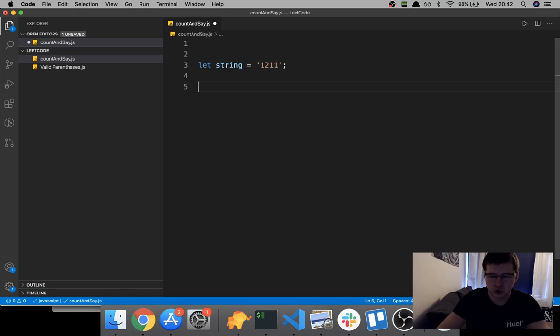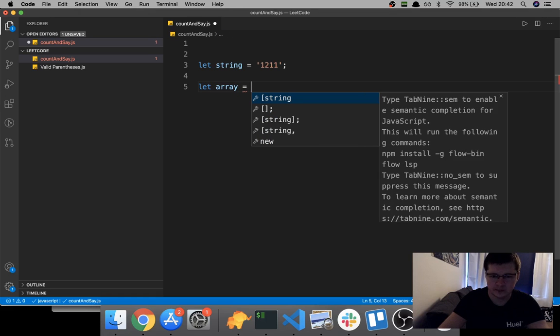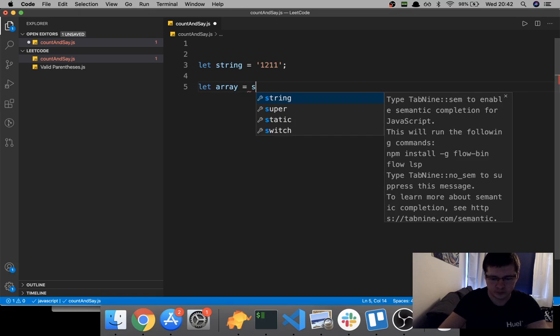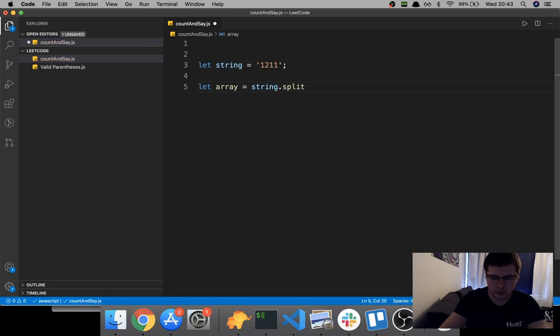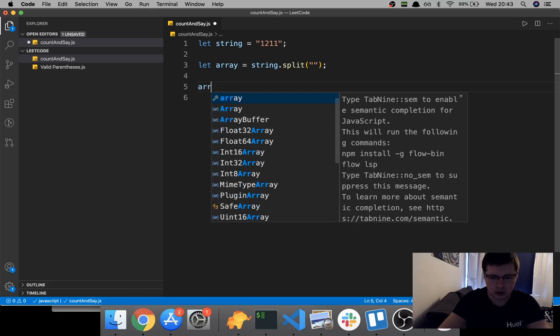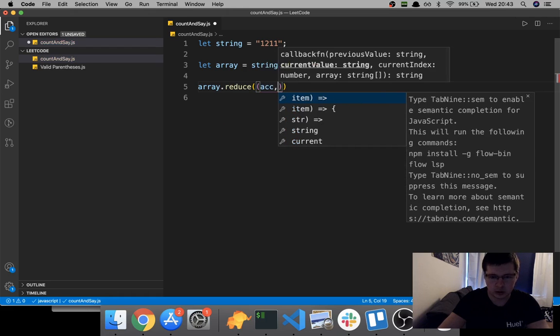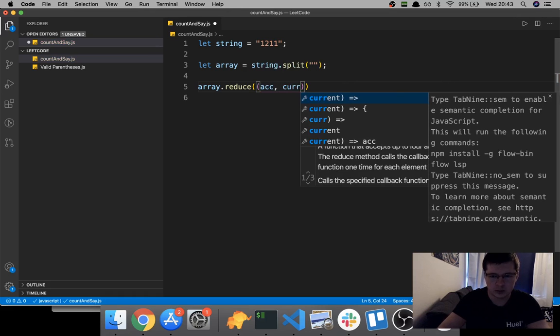So then I want to also get an array from this. So I'll say let array equal string split. This is basically putting all the different numbers into elements of an array. And now I will do this with a reduce, and I will explain after I write part of the reduce what I'm basically doing. So I will say array reduce, and here I will get the accumulator and the current term,